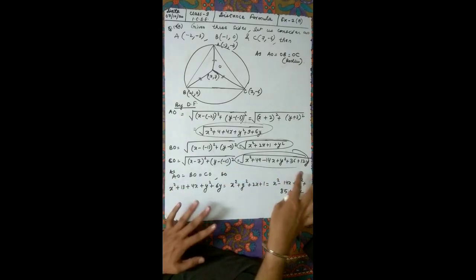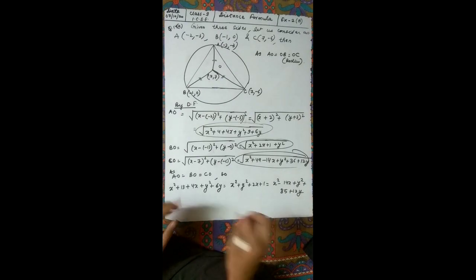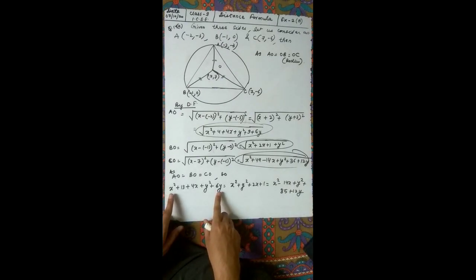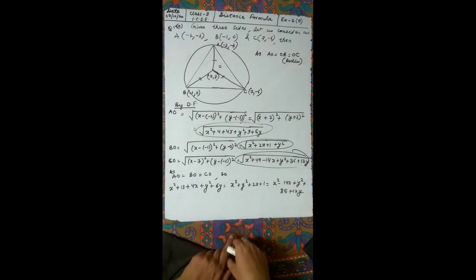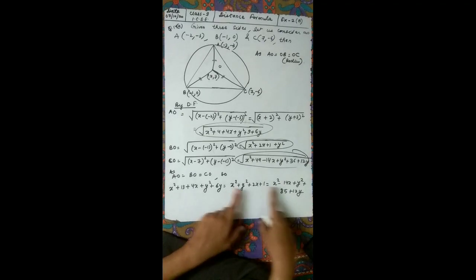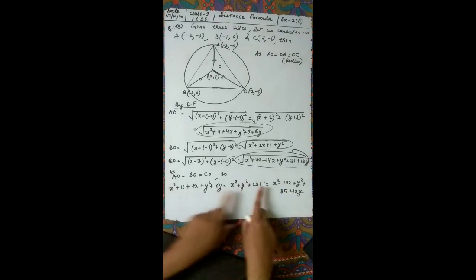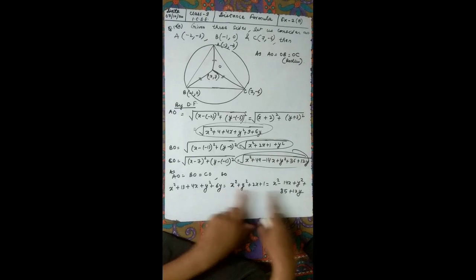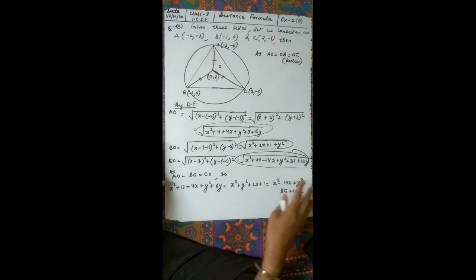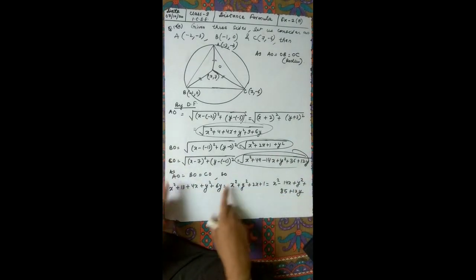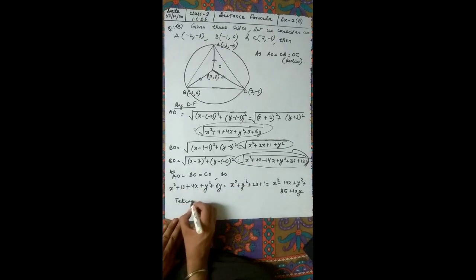Alright, so you just write root here, and in the next step please write this step after, in the second step. Okay, because we can remove the under root if they are equal. Now what we are going to do, first of all we are going to take these two, and then we are going to take this and this. Even you can take these two, any way you can go. Okay, you will get the answer. But we are taking this one and this one. So taking first two